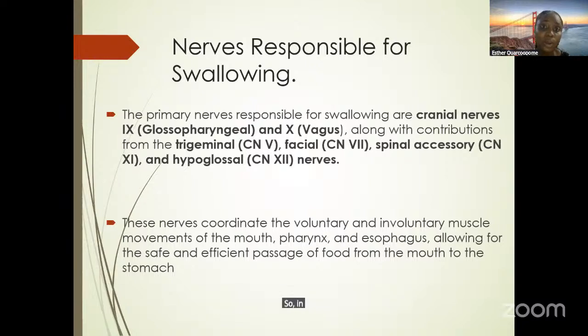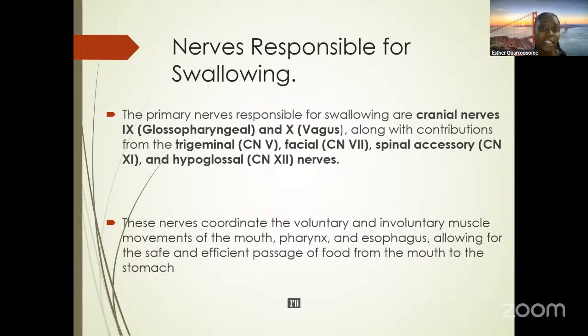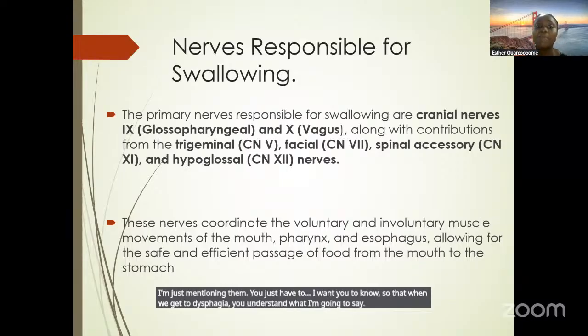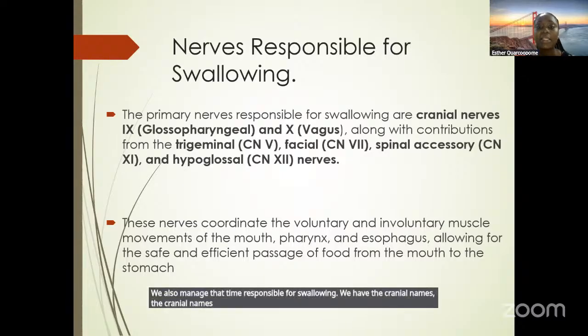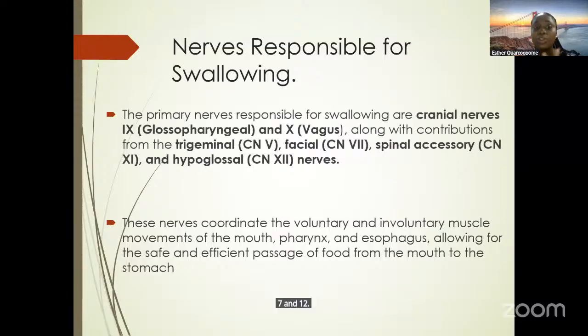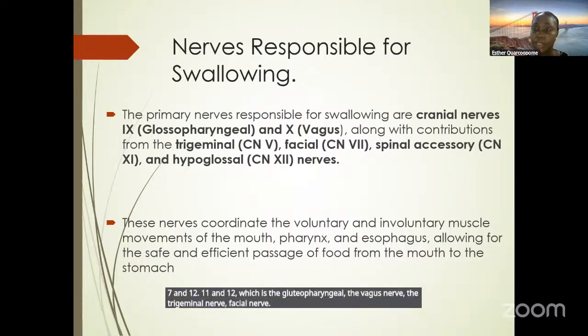So in this swallowing process, there are some nerves that are involved. I'm sorry to go into neurology, but I'm just mentioning them. I want you to know so that when we get to dysphagia, you understand what I'm going to say. We have some nerves that are responsible for swallowing. We have the cranial nerves 9, 10, 5, 7, 11 and 12, which is the glossopharyngeal, the vagus nerve, the trigeminal nerve, facial nerve, the spinal accessory nerve, and